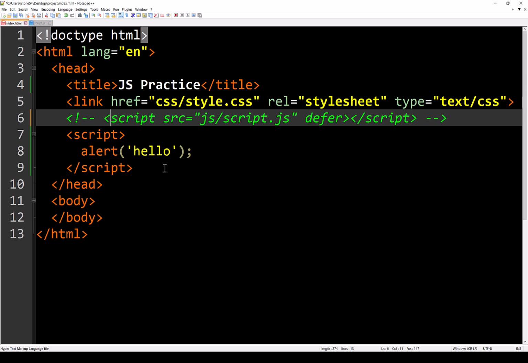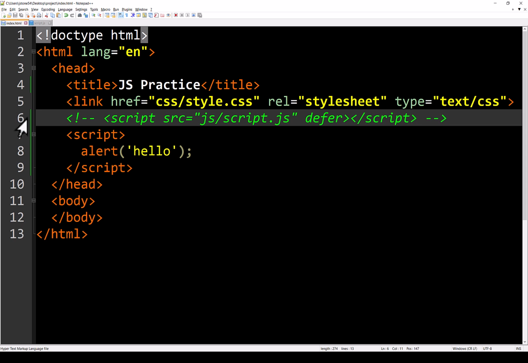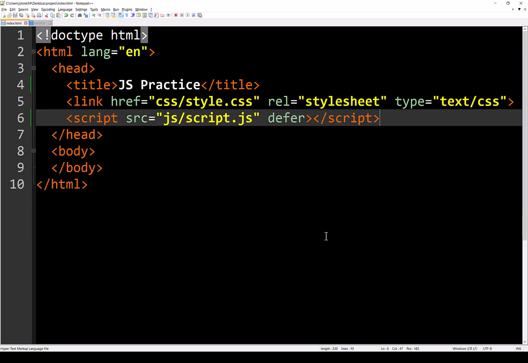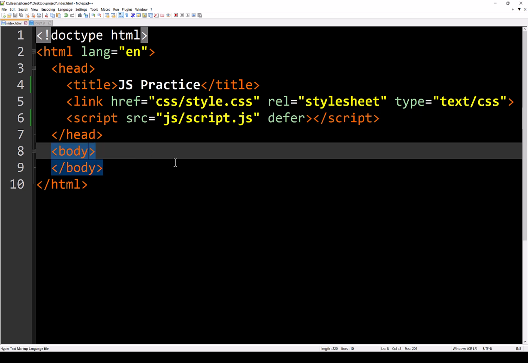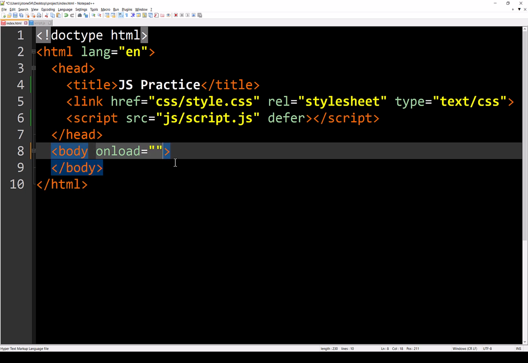So we have this script here, and we're going to head over to the browser, and I refresh, and there you go. We got a little pop-up that says hello. So way number 1 is line 6 there, which is a separate JavaScript file. Way number 2 is embedded here, which I'm going to delete. And then way number 3, this is just like CSS. You can do inline, embedded, or separate sheet. So we can also do inline. So I can actually just put right here on load, for example, that's just an HTML keyword.